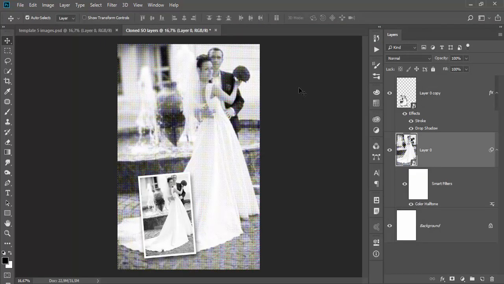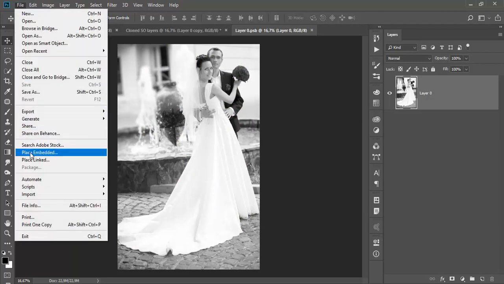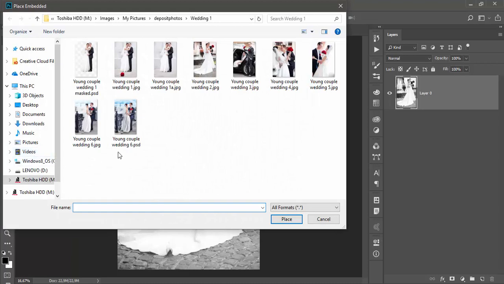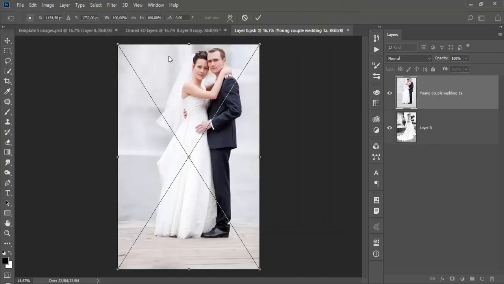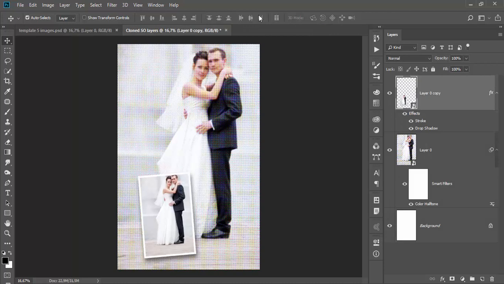Now let me update content on one of the cloned smart object layers. It doesn't matter which smart object content is updated. It can be the parent or any of the children. As you can see, content is automatically updated while layer effects and filters are reapplied separately without affecting other cloned instances.